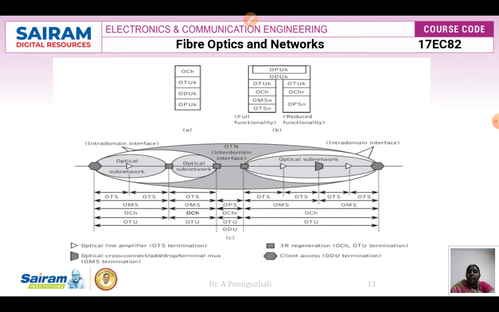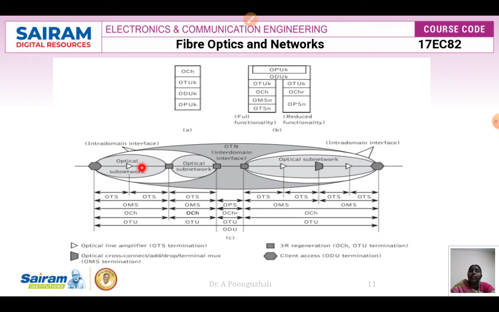You can see that you are going to have the source here and a destination there. We are going to divide the regions into optical subnetworks, so the total region is divided into optical subnetworks. In these optical subnetworks you are going to have an optical amplifier present. This is your optical amplifier, this is your optical multiplexer. If I consider an optical subnetwork, it is going to be divided into two because an amplifier is there, so we are going to have two OTS signals in this subnetwork.